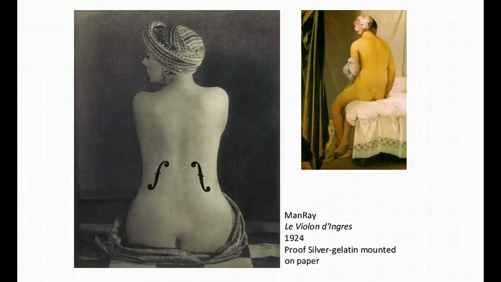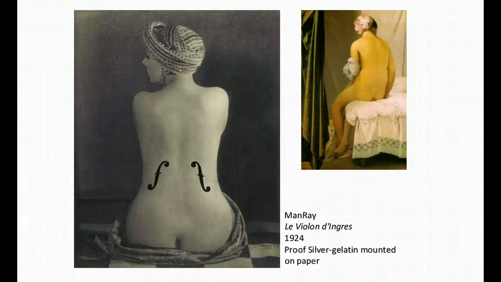In 1924, he made a photographic object that was referencing a famous painting by our favorite Jean-Auguste Dominique Ingres. So in the top corner, the small image that you can see is the painting by the same gentleman who gave us the Grand Odalisque. And Man Ray made this image where he hired a model, put a turban on her head, had her sit with her back facing the camera, and then she dropped her robe in a similar fashion to the Ingres painting.